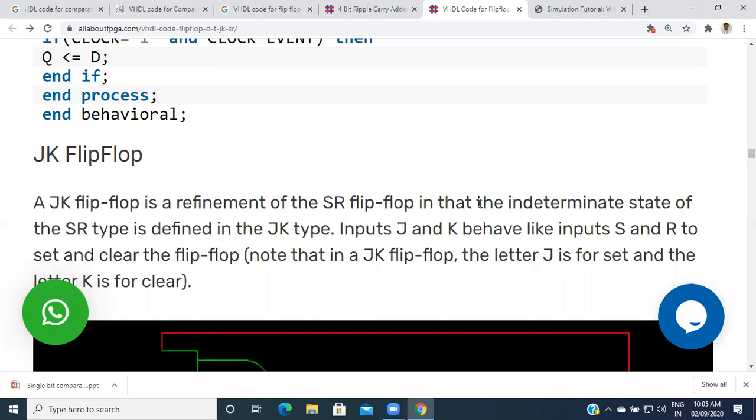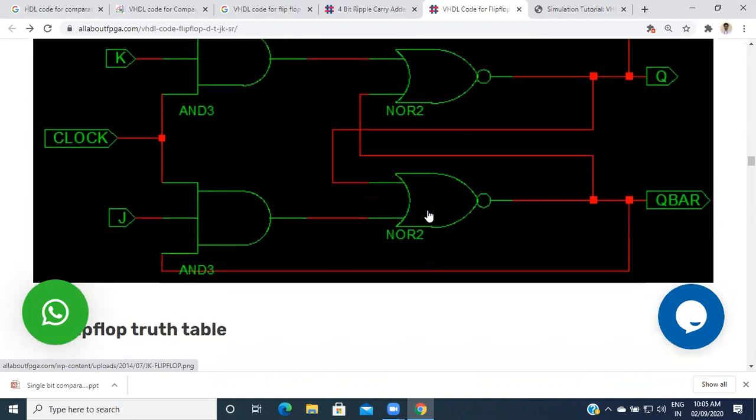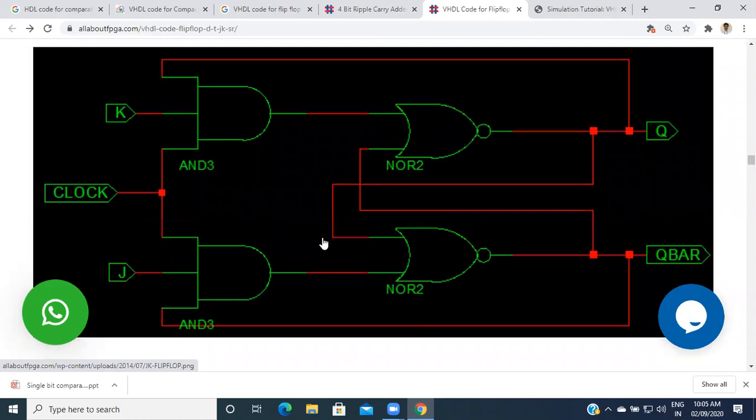The diagram of this JK flip-flop is shown in the figure below. In the diagram, we are using two AND gates and two NOR gates. Here the outputs are applied back to the input side.